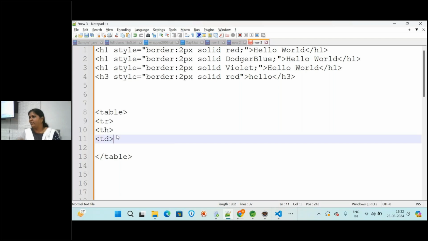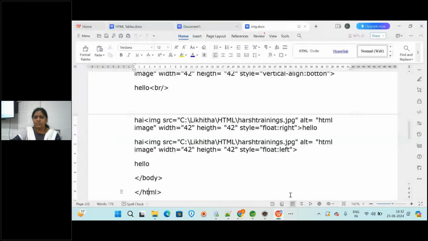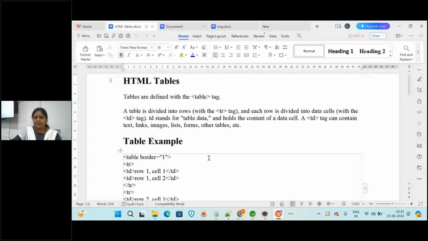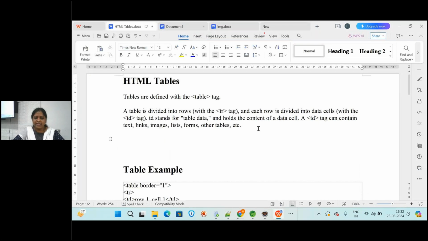Table heading means what? You will get a column, right? Suppose a student table is there, a student will have id, name, address, mobile number, like this. So id, name, address, mobile number are the column names, the headings, and then you will be writing the values. So how do you create the table? You will be creating it with the table tag. Suppose we have id, name, address, mobile number.